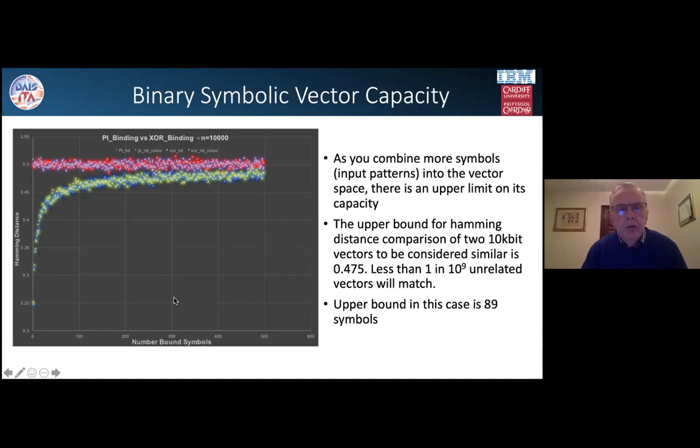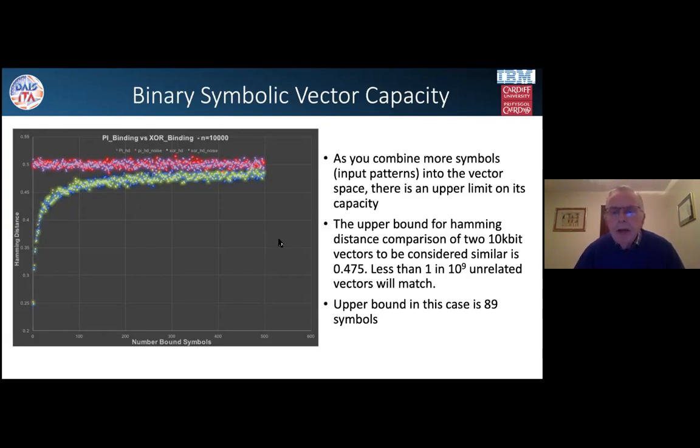This is the number of bound vectors. This is just random vectors, and as we bind all vectors together, we get closer and closer to a point where we can't differentiate our bound vector from noise, and at that point we can't unbind anymore. And by setting a threshold, and typically we set a threshold so we have a very low probability of matching